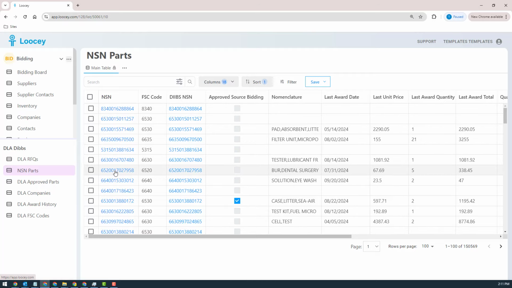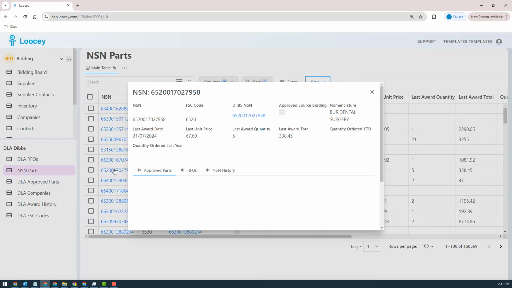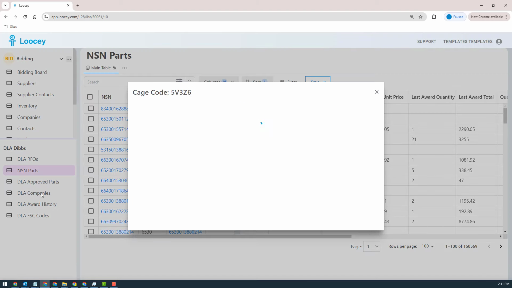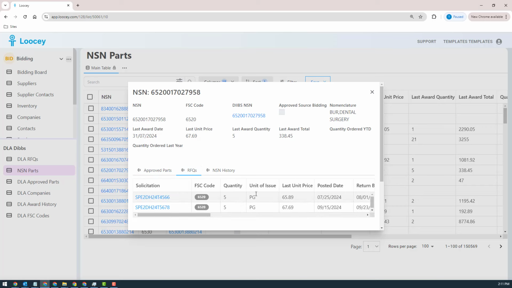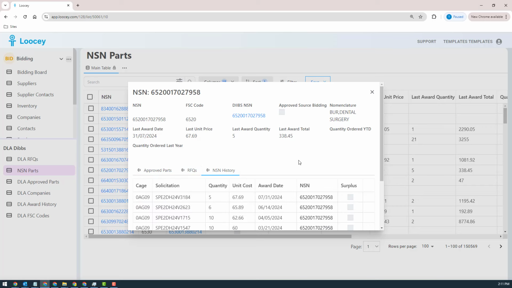First of all, when you click on one of these, it'll pop up. It'll show you the approved source, which were those companies we were just looking at. If you click on a cage code, it'll bring up the company. This goes back to our companies. Everything is linked here, so you can contact them, the phone number, email, and website, and so on, right? We also show you the related RFQs that this NSN has in the system, and then the history, which is